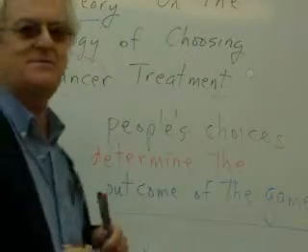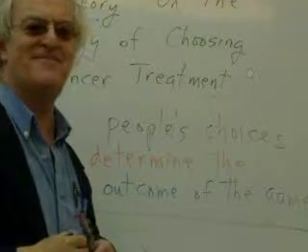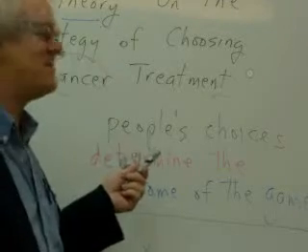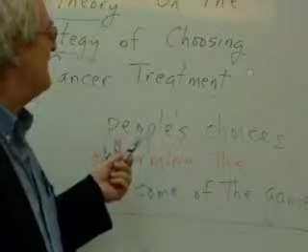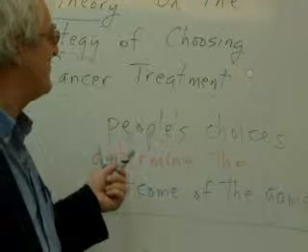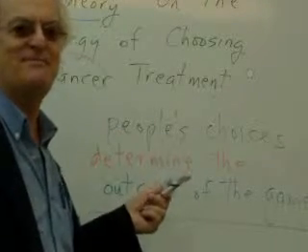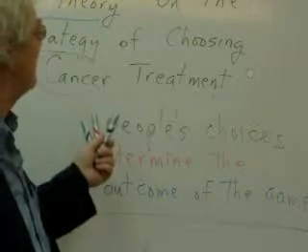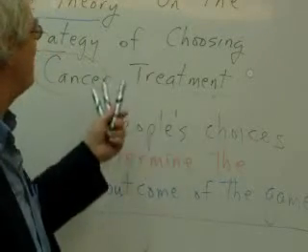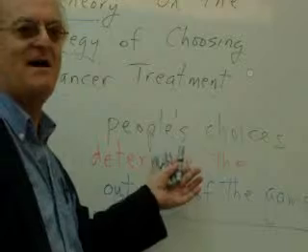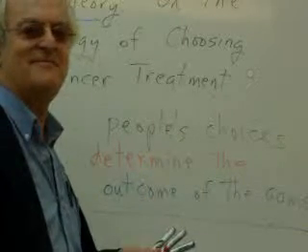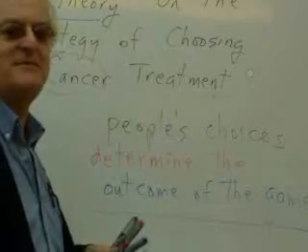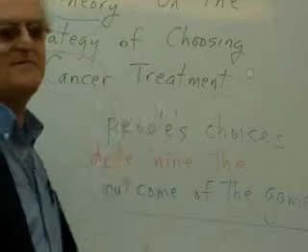So this is what I wanted to say today. And I didn't write down any numbers or anything like that because I have more to say in the future, but this is basically it for now: that there is a relationship between how people decide and the outcome of the game. And that this kind of thing is nothing more or less